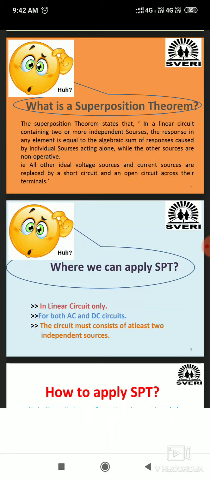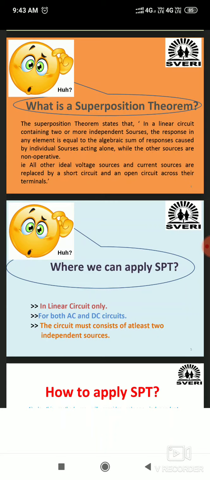If you refer to the last 5 to 6 question papers, every time problems were asked in the university question paper. There is no theory question based on the superposition theorem, but you have to remember the theorem. It may be asked in the practical and oral examination. In the practical examination, the examiner will ask what the superposition theorem is. So you must know the theorem. Without the theorem you cannot apply or follow the steps of the superposition theorem.